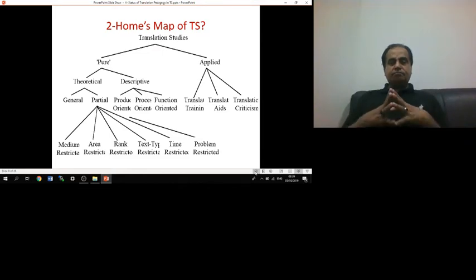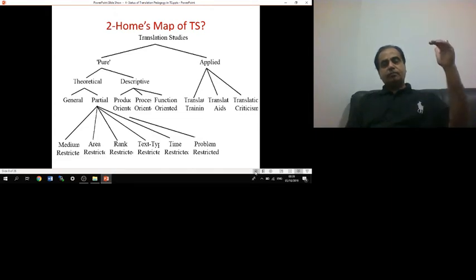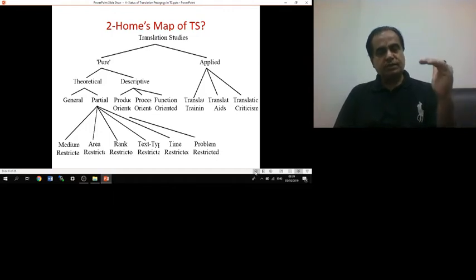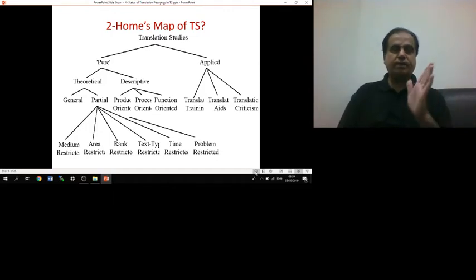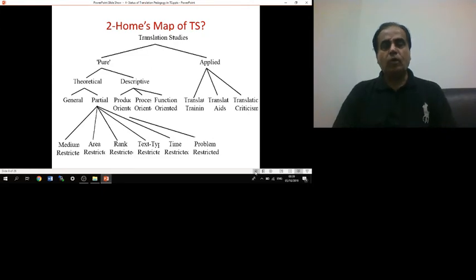But as I said, in the first look, when we see this map, it gives the impression that this is very complicated. That's why, to make this a little bit detailed map in a very easy way, as I said, we start with the pure, and then we go further to descriptive, and when we finish descriptive we come back to the theoretical, and of course in the theoretical we have only partial, which is 6. So things will become, I hope, inshallah, easy for you.